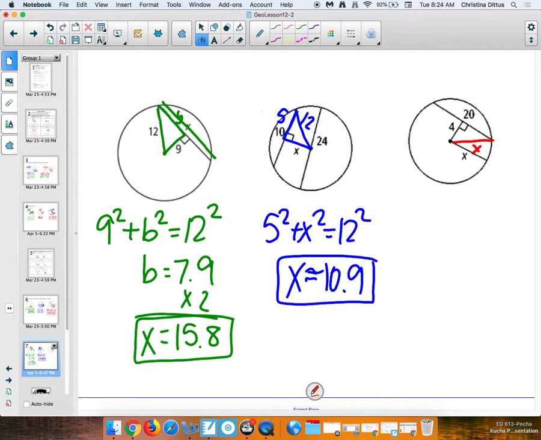4 squared. This guy is 10. So set up my Pythagorean theorem. 4 squared plus 10 squared equals